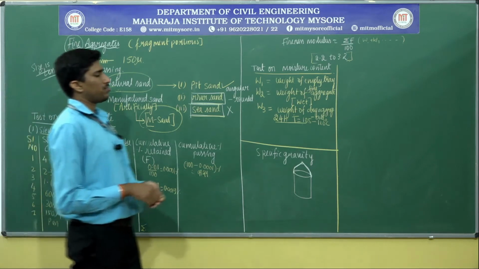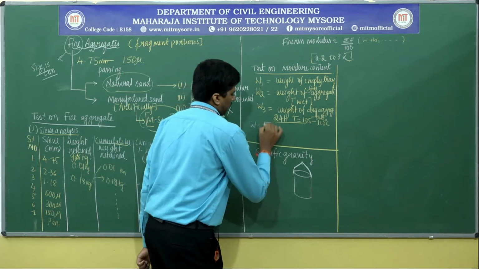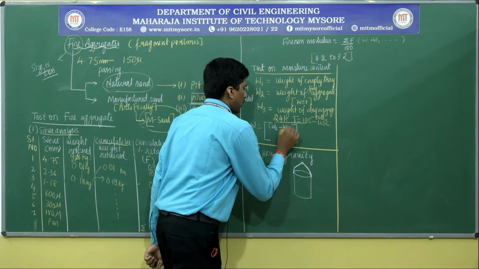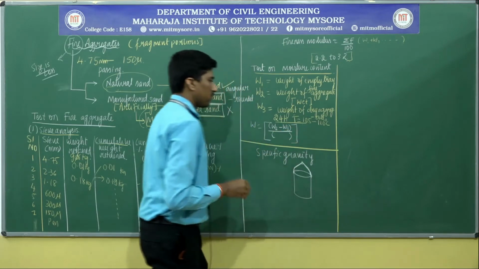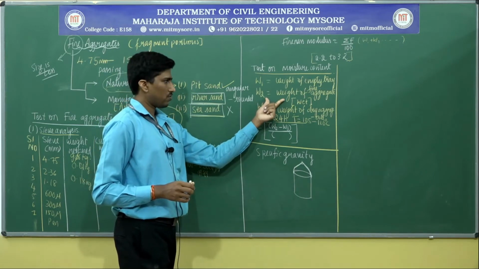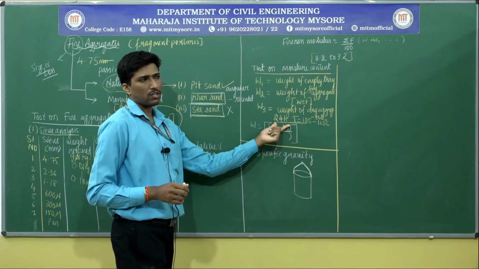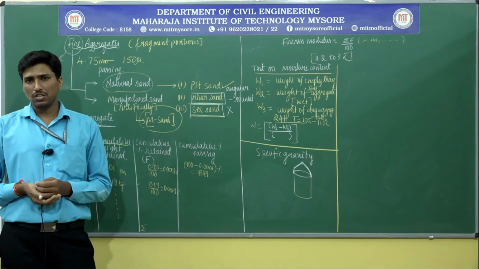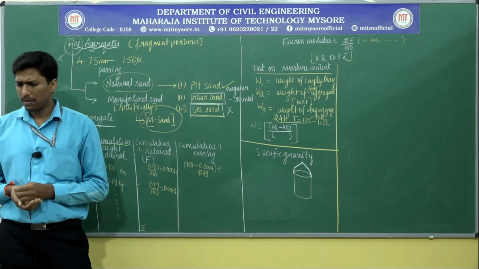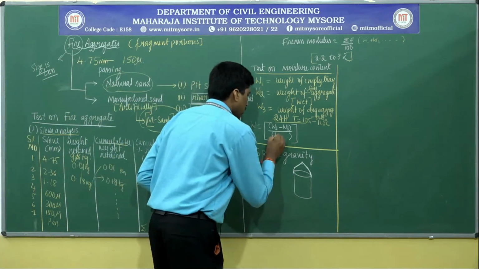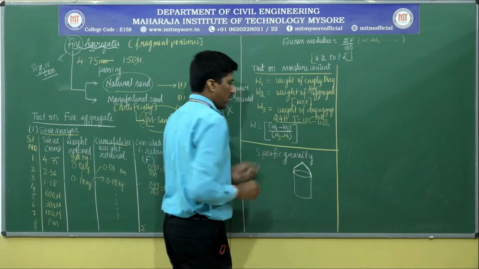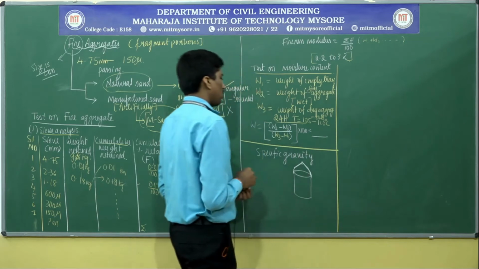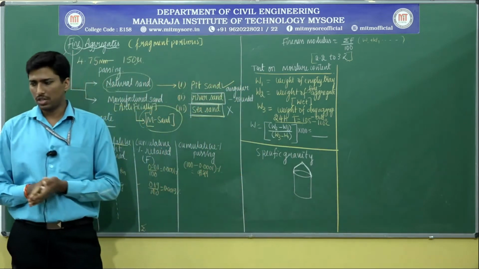Therefore, the moisture content is given as W. W is equal to W2 minus W3, divided by the weight of the wet content minus the dry content, which gives you the actual weight, divided by the initial weight, because you need to take the fractional ratio. Whatever dry aggregate you have taken, W3 minus the initial weight, multiplied by 100, gives you the moisture content as a percentage.